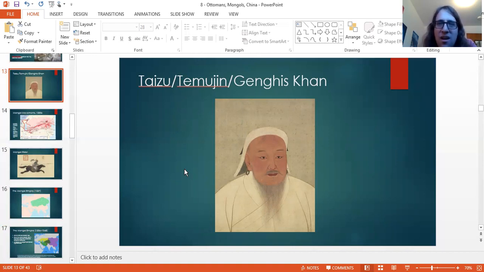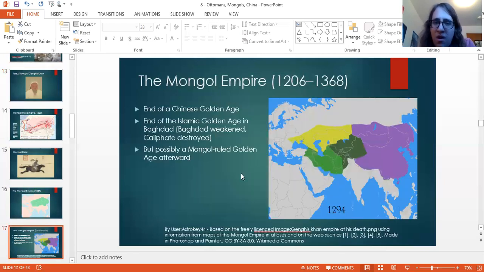So it was a smart move. And in general, the way that the Mongols ruled is a lot more like the way that the Romans ruled, in that they would leave people alone. They wouldn't try to get them to change their religion or anything like that. They just wanted them to give them money. So you give the Mongol king who's at the top money, you can basically do what you want to do. Of course, he does get the final say on everything. So the Khan becomes the ruler of all these regions.